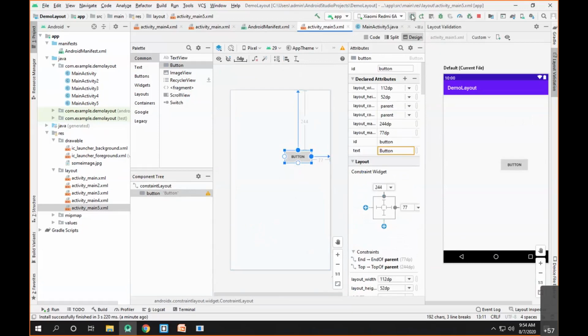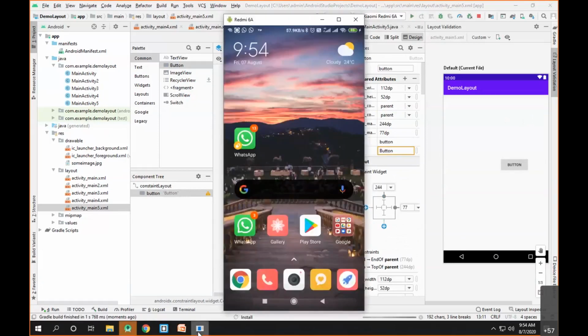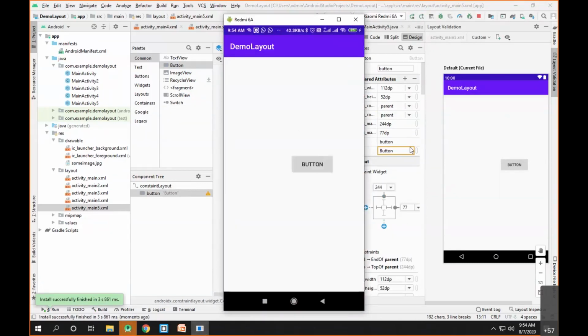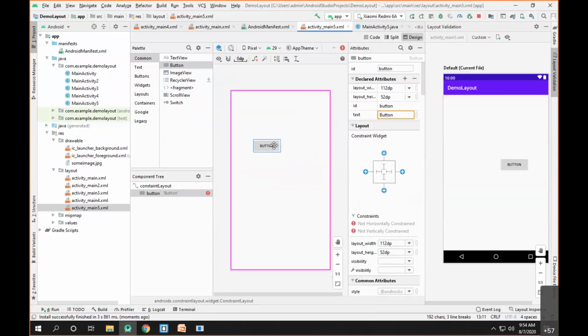So if I run the code again, you see the constraints are now automatically added here. So infer constraint automatically adds the constraint depending upon your view.